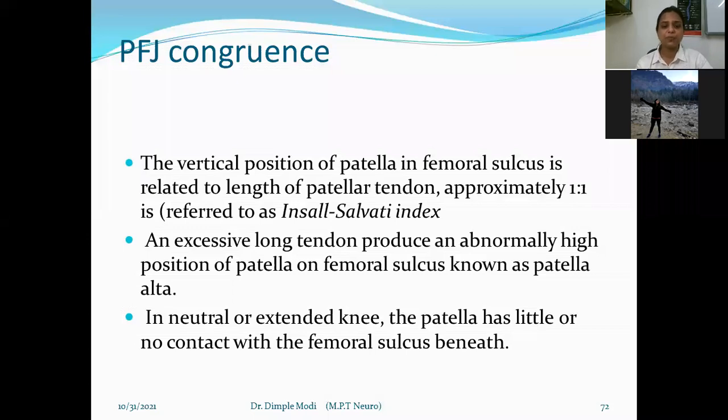In a neutral or extended knee, the patella has